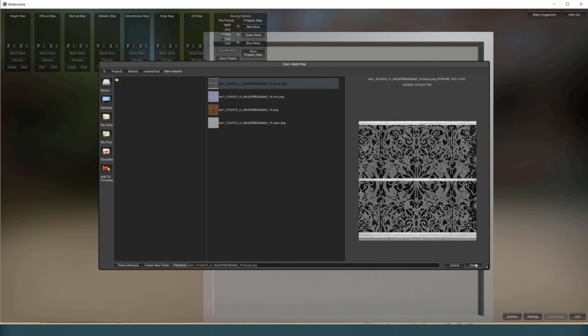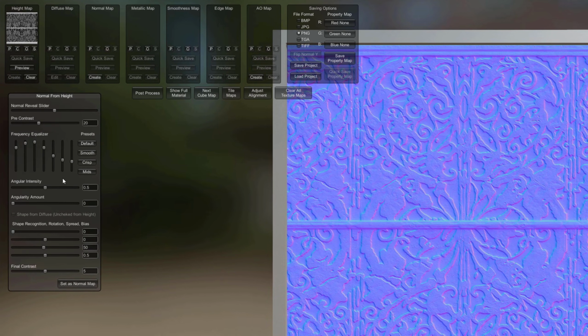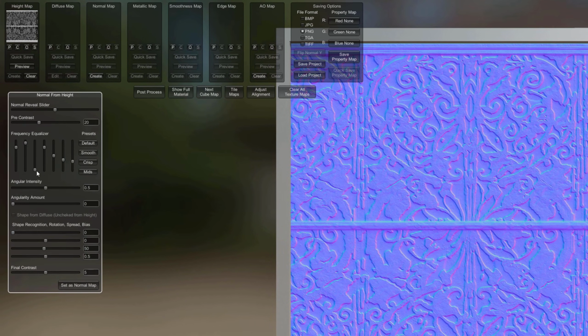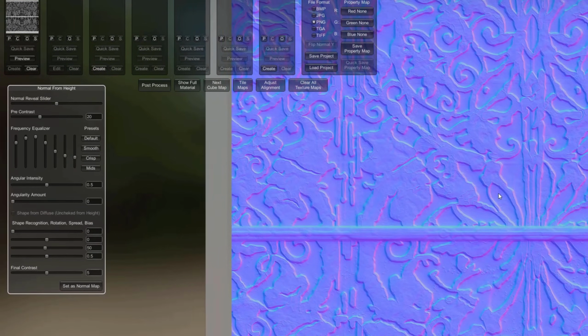You load your height map by clicking O in the designated box, then click Create in the normal map box. You can set the depth using the sliders or the preset options, depending on how fancy you're feeling. No one seems to know what the sliders do, and the devs didn't explain it because they hate you, so